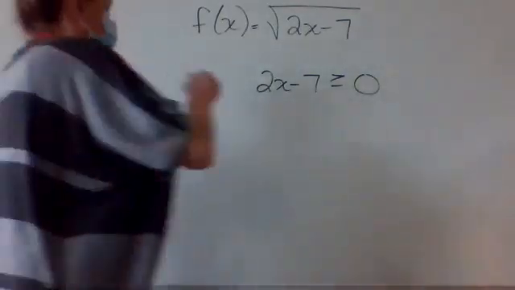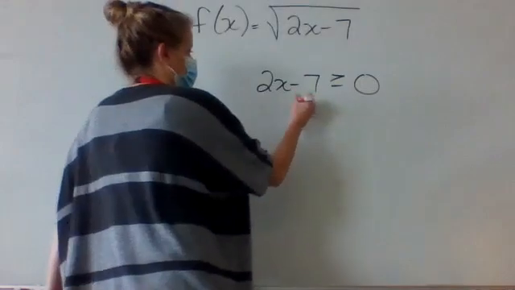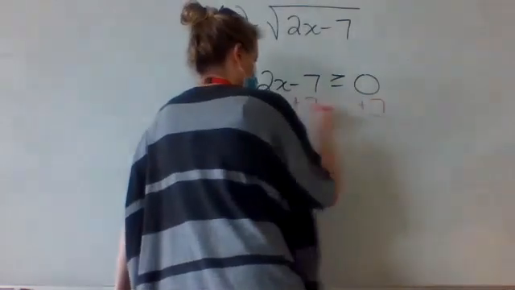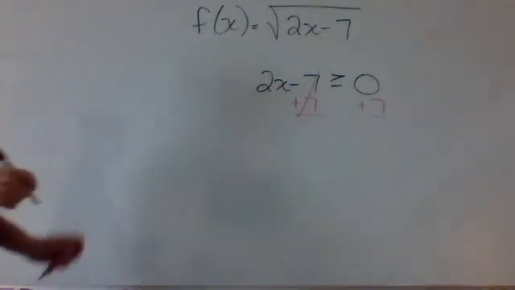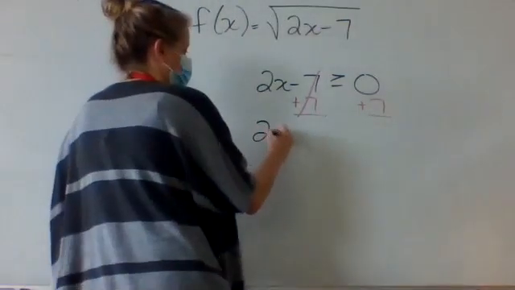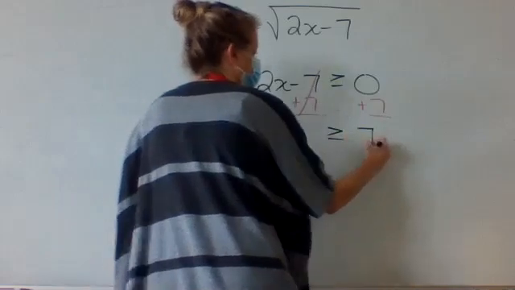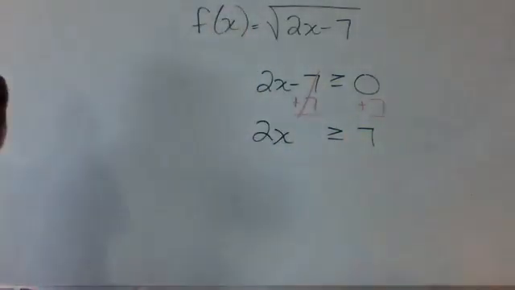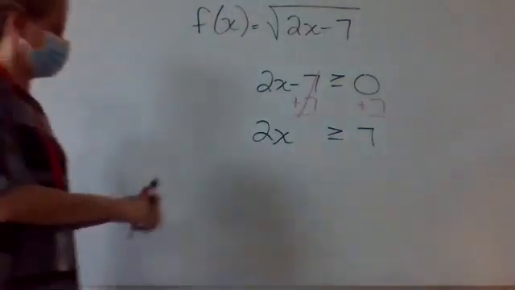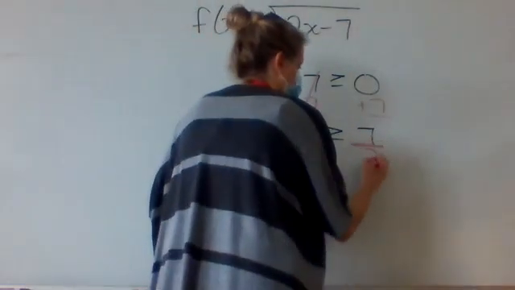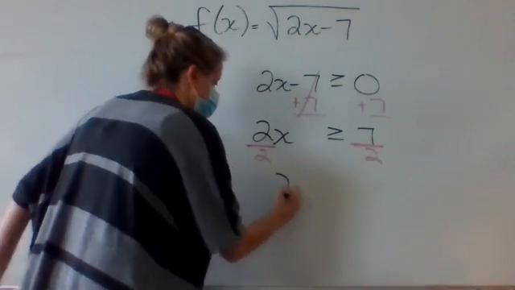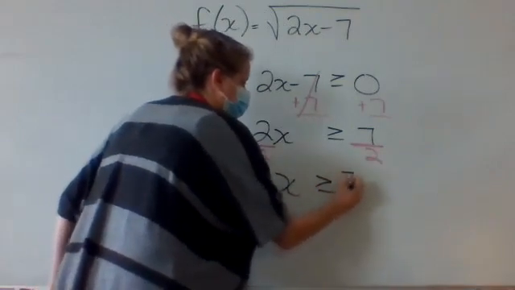Which means the first thing I need to do is get rid of the minus 7 with the plus 7. So now I have 2x is greater than or equal to 7. And then divide by 2. So now x is greater than or equal to